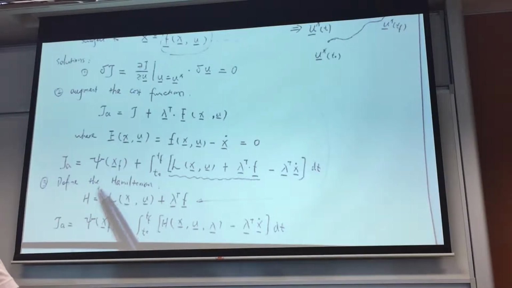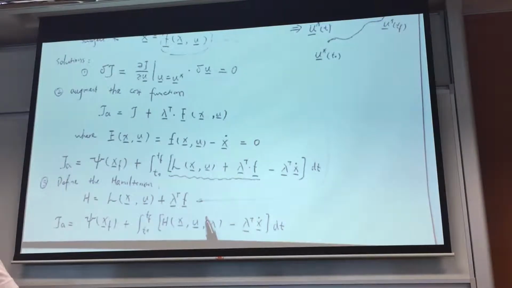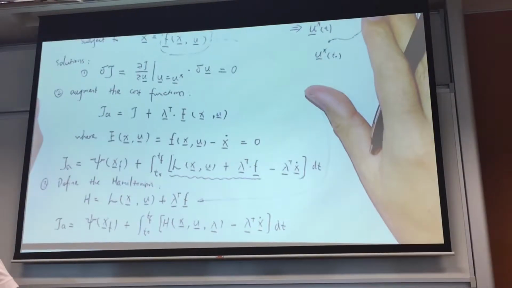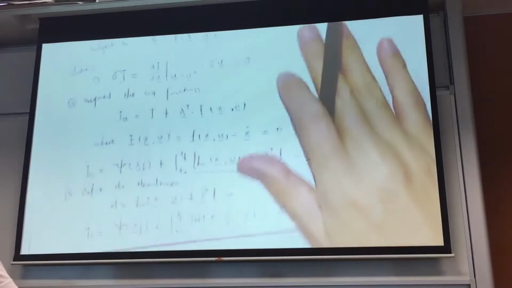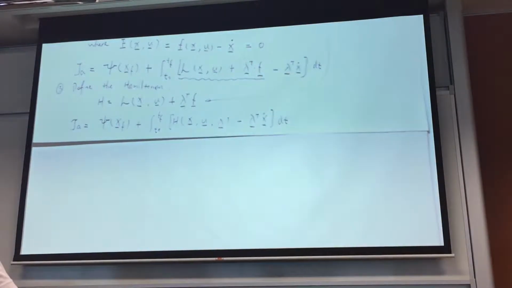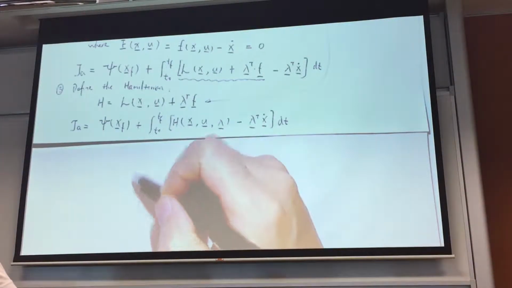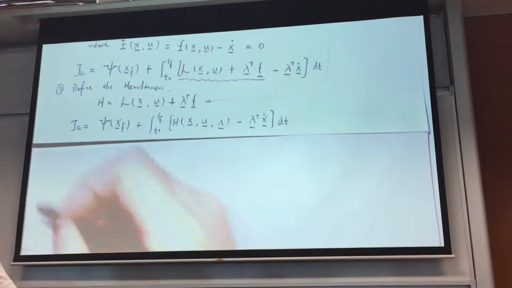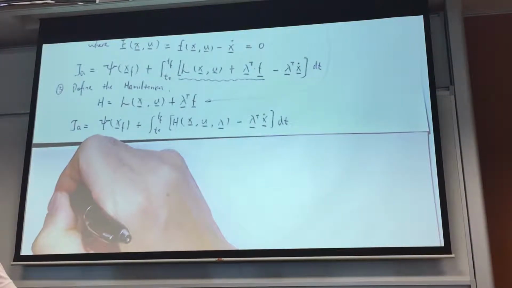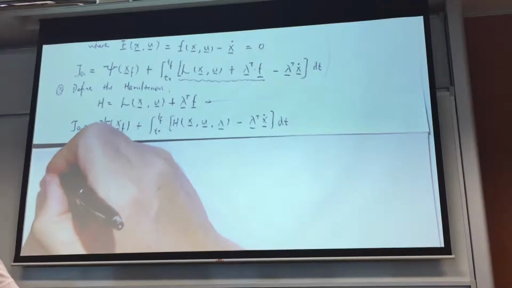Now we have this new augmented cost function in terms of the Hamiltonian. So the following step is quite straightforward. From this, we can derive the necessary conditions. So the necessary condition